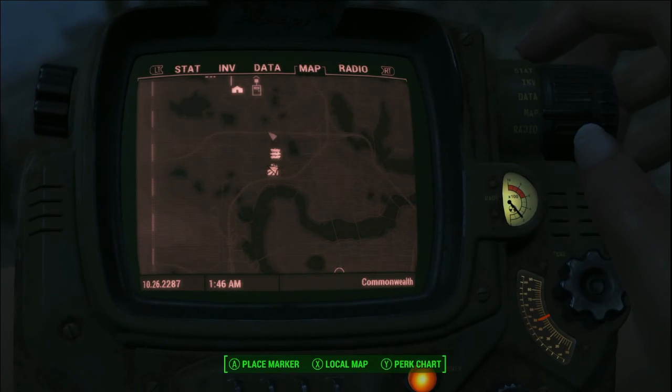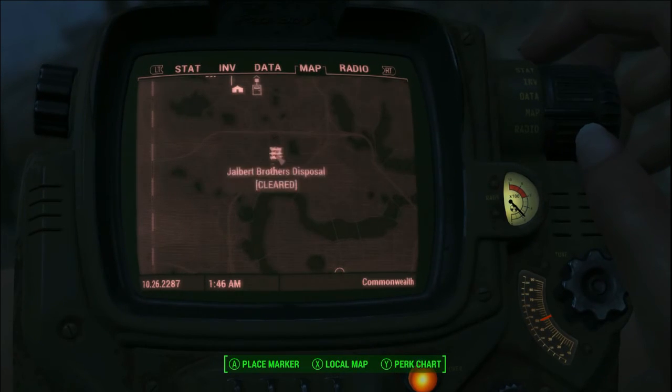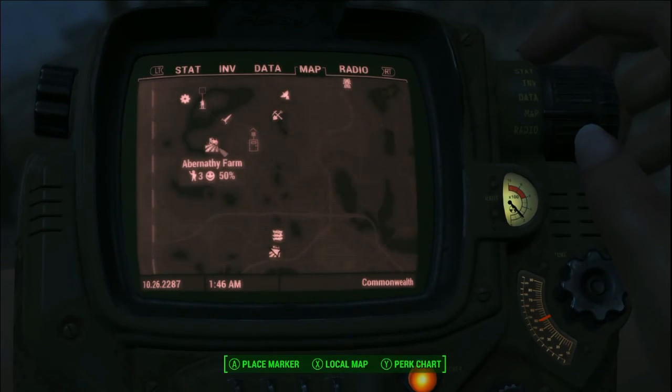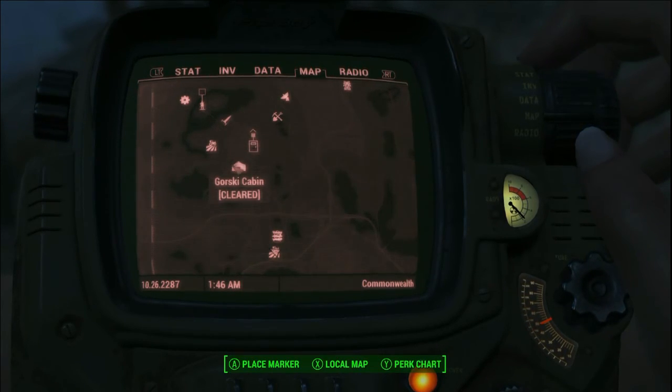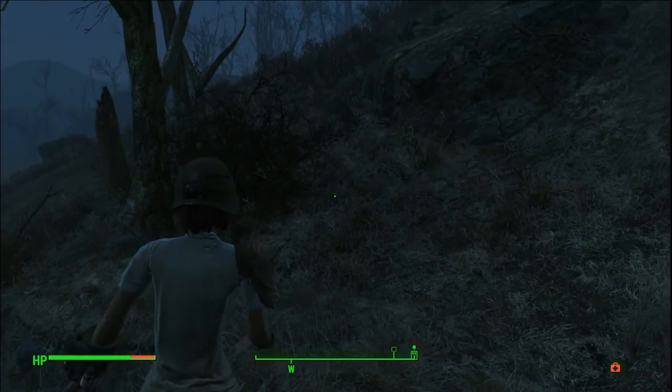So if you follow my tips, you will get out here pretty quickly. We went from Abernathy Farms to Gorski's cabin, and then we spearheaded all the way down to Jailbert Brothers Disposal, where there was the bed, and then here at Greygarden. Now,